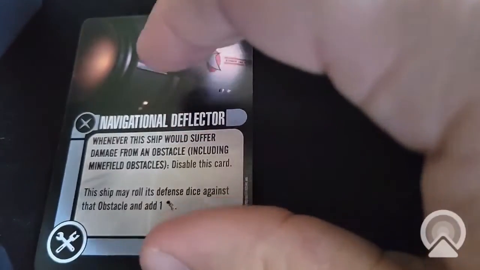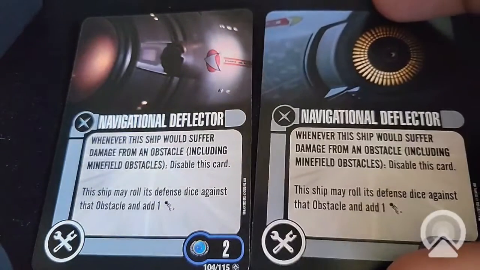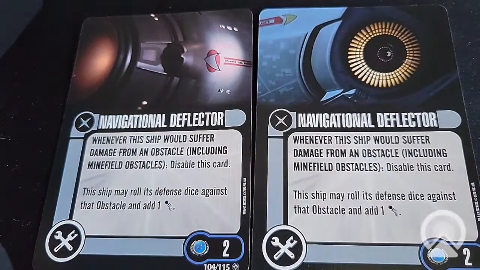Alright, so we're getting another double card here. So this is 104 and 105, which is navigational deflector. 1 per ship, cost of 2. Whenever the ship would suffer damage from an obstacle, including minefields, disable this card. The ship may roll its defense dice against that obstacle and then add an evade token. So this is definitely